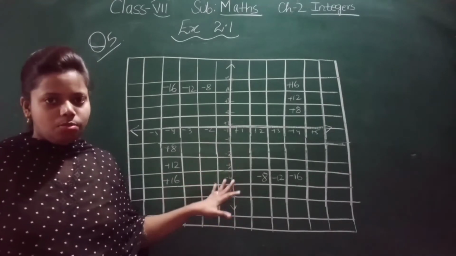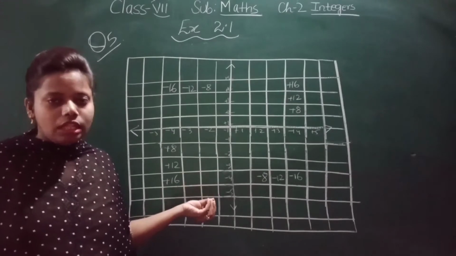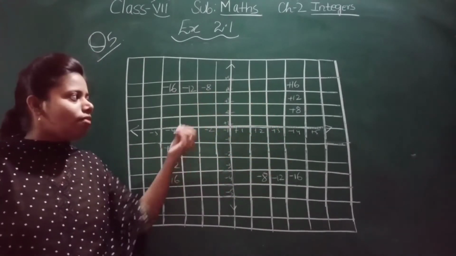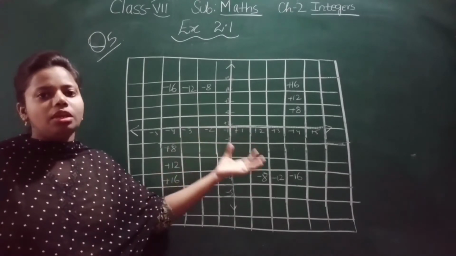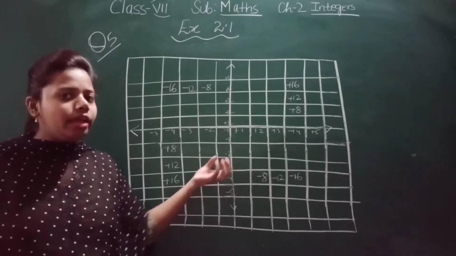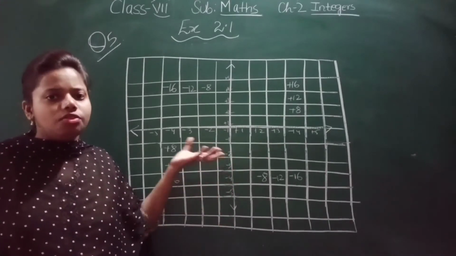Let us see. Question number 5: complete the following multiplication table by filling in the boxes. One has been done for you. Now see here, this is a multiplication table. A few are already done. Those who have books can see that these are already done. What you have to do is fill this multiplication table. Multiplication table means we have to multiply and fill this box. It is very easy and you can fill it very easily.